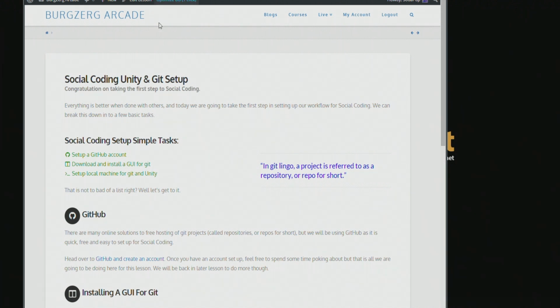So, social coding, using Git with Unity. Why would you want to do it? Well, there's a few reasons why you'd want to do it. One, it gives you an offsite backup. And this, I think, at least for me, is the most important one. I don't have to worry about if my hard drive crashes or for whatever reason my project is just completely gone, because I'll have another copy of it up somewhere in the cloud or wherever it is that I'm actually saving